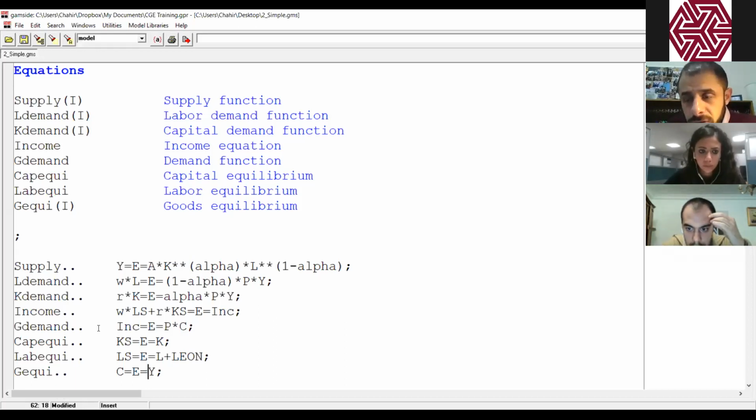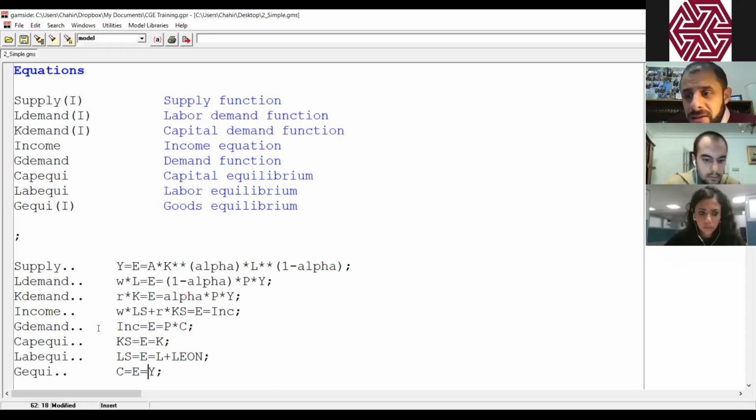But please make sure that the parameters that were declared are consistent with the equations list, and the variables that you declared are consistent as well, and the names of the equations are consistent with their mathematical values. So you will have 5 minutes to do this, and we continue with the calibration and the initialization. Is that clear? Any question?